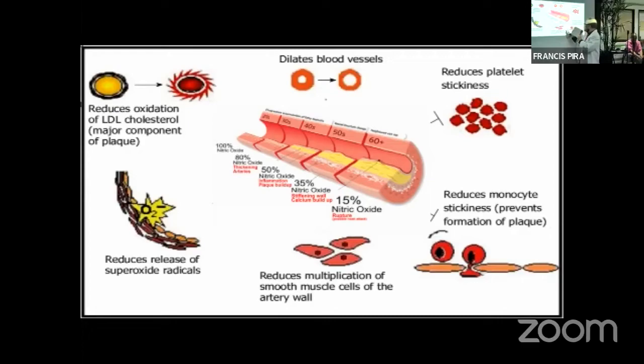It prevents the multiplication of the smooth muscles during the hardening of the blood vessel, because after the damaged blood vessel builds up cholesterol, they will now build up new cells, and that will cause the hardening of the blood vessel, and that makes your blood vessel brittle, and of course it will be more clumped now because of the multiplication of the muscles surrounding the blood vessels. The muscles surrounding the blood vessels are known as smooth muscles. What are those? Smooth muscles.